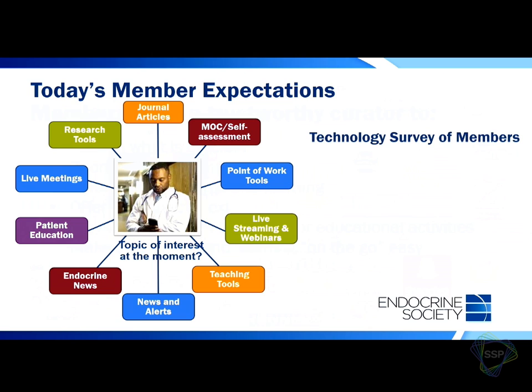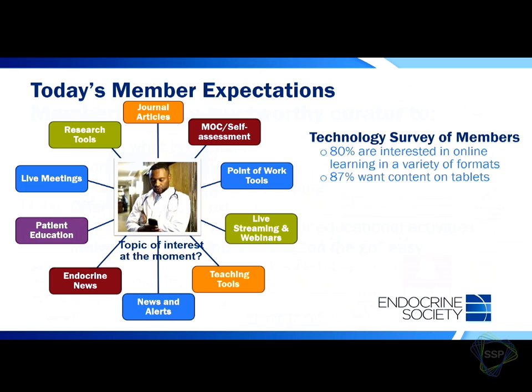So for us, we did a technology survey to try and gauge where people are today. These data are about a year old now, but 80% of our members expect to have interesting online education, and 87% of them expect it to be on a tablet, and over 80% want it to be delivered on a smartphone. This is very different than what we have been doing. We have absolutely been a desktop-focused organization. That is changing quickly. So it was in this context that we had this conversation with our board of directors,